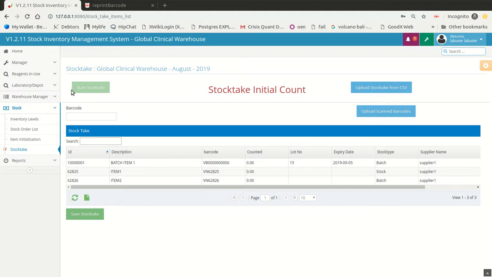The first one is using a barcode scanner. On the left hand side there's a barcode. Pasting and entering is the equivalent to scanning the barcode on the item, and as you can see it increased my quantity by 1. I can also download the file as a CSV,